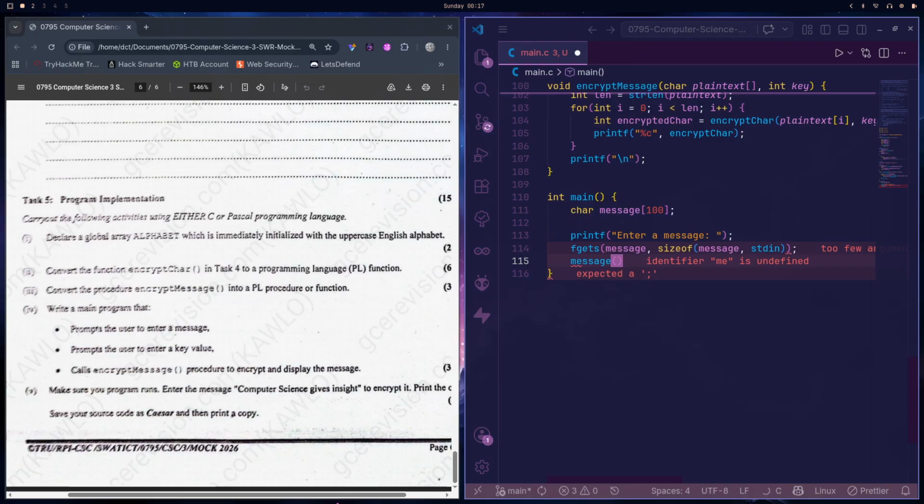By the way, this message was an array, so pass square bracket. So when we say string completion span, we pass now our message, right, and the last, that means the enter key, that is the new line, right? You remove it and give it a terminator value. So when we say